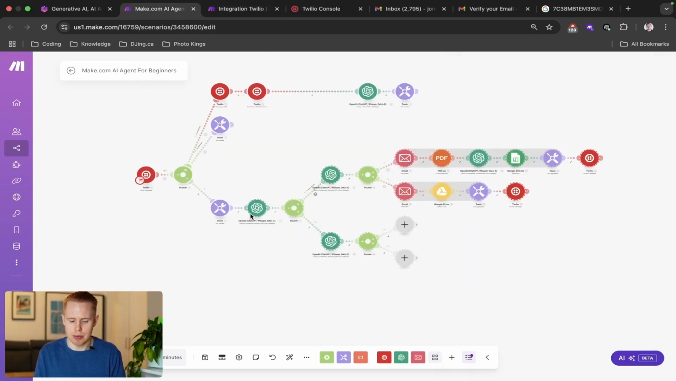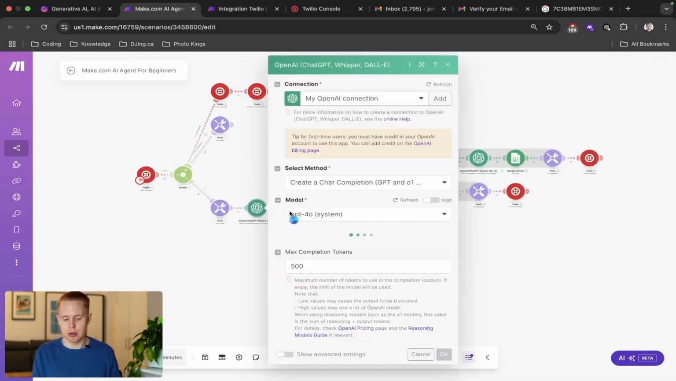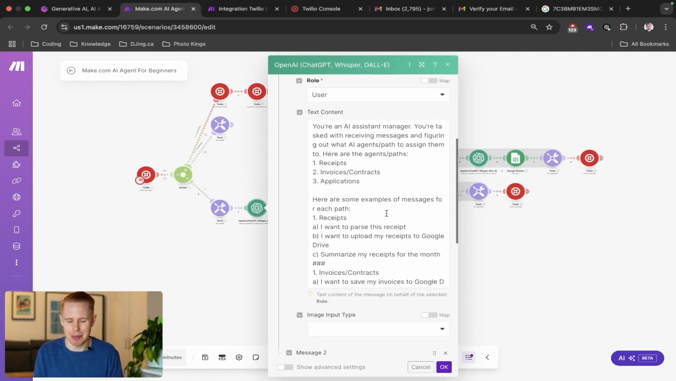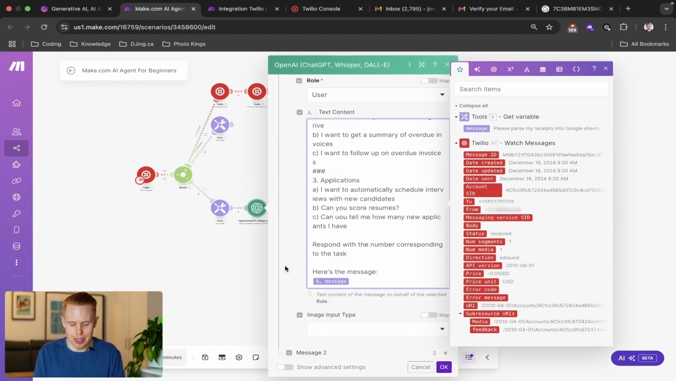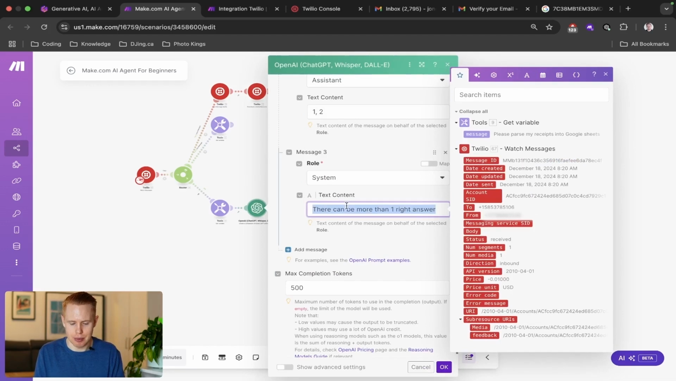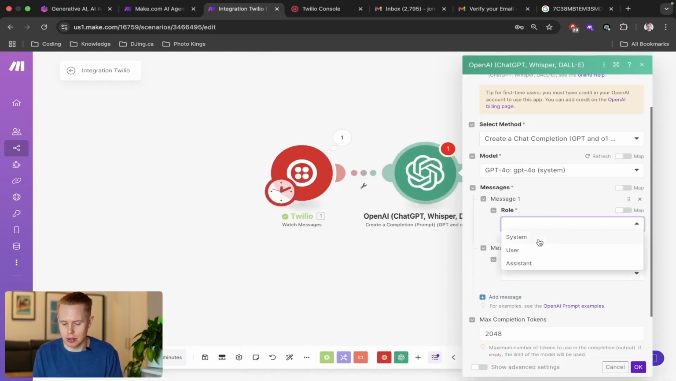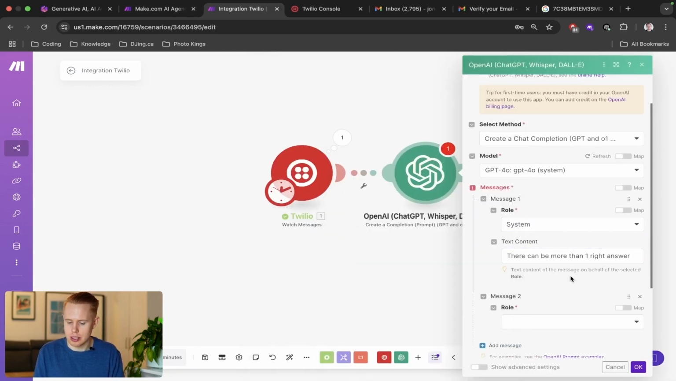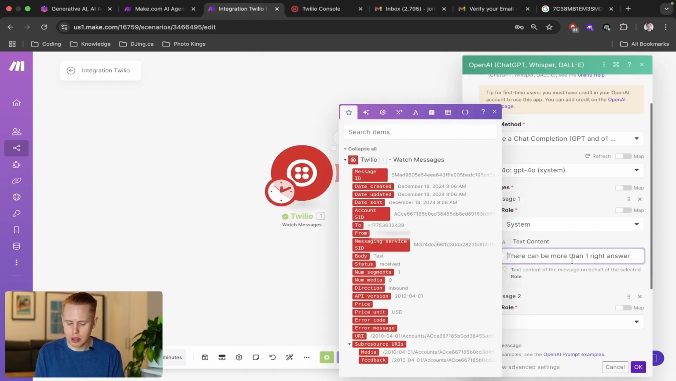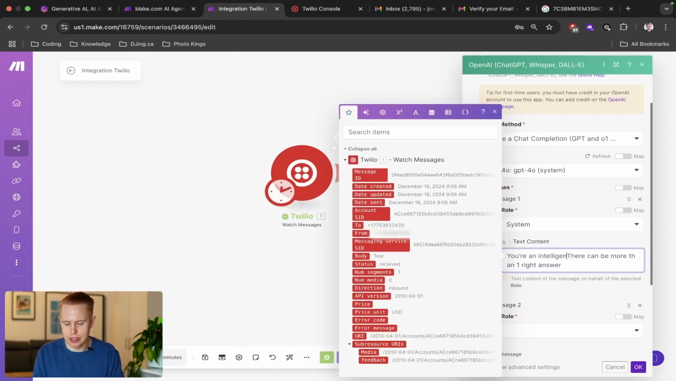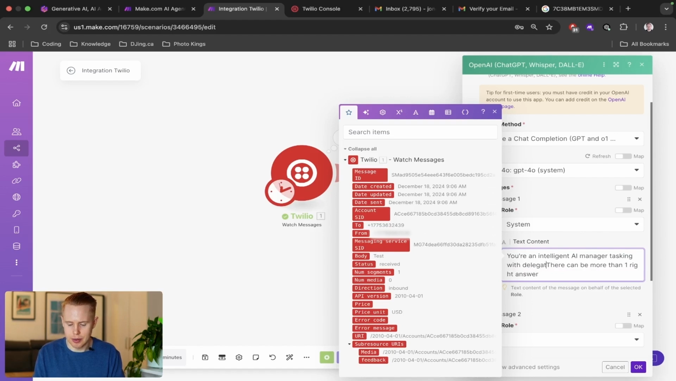I'm just going to copy and paste this in here and read through it together with you guys, just so that you don't watch me end up typing for a very long time. And I'm going to start with the system message first. Typically, the system messages should always start first. So this is just going to say, you're an intelligent AI manager tasked with delegating jobs to the right AI agent,